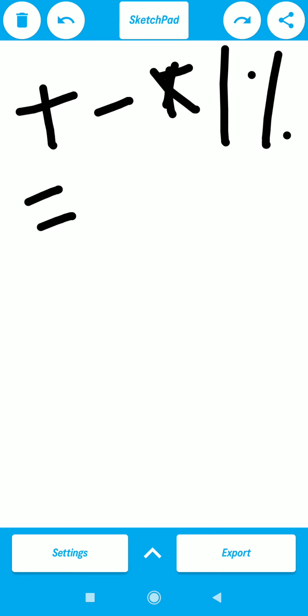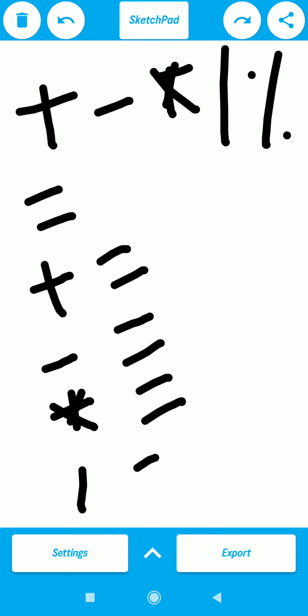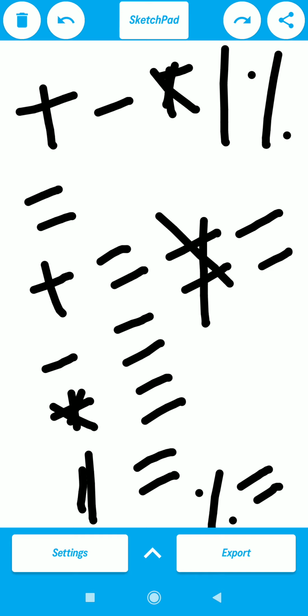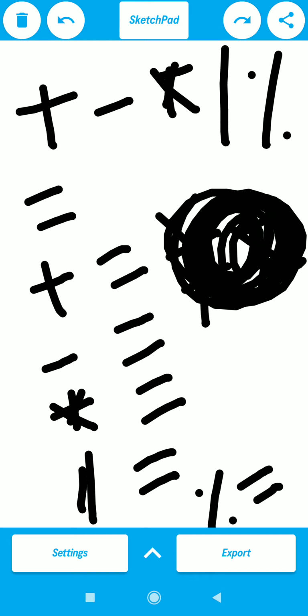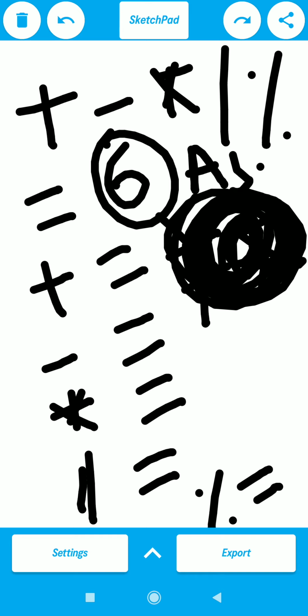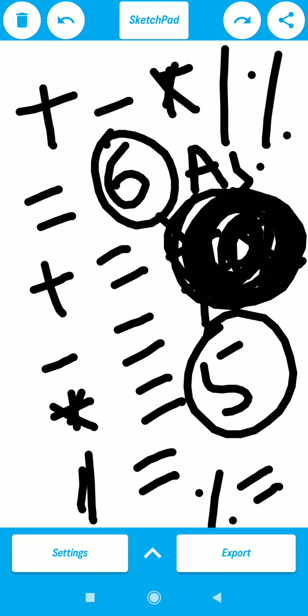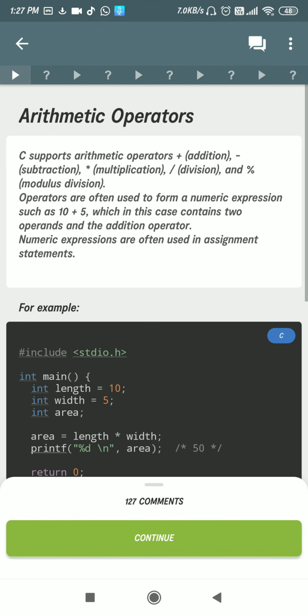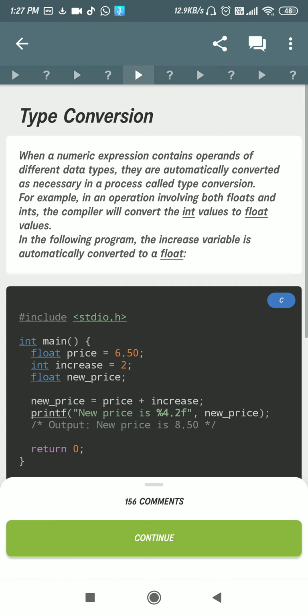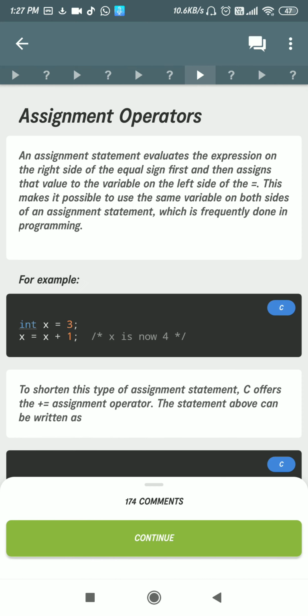Simple equals to, plus equals to, minus equals to, multiplication equals to, divide equals to, and modulus equals to. Not double equals to. It is not an assignment, it is a comparison operator. So don't do this in the assignment operation. So you have 6 operators in assignment, and you have 5 operators in arithmetic. So see here, the assignment operators.